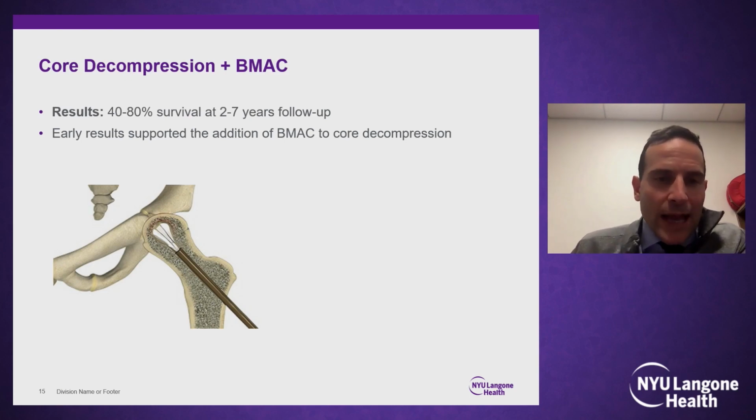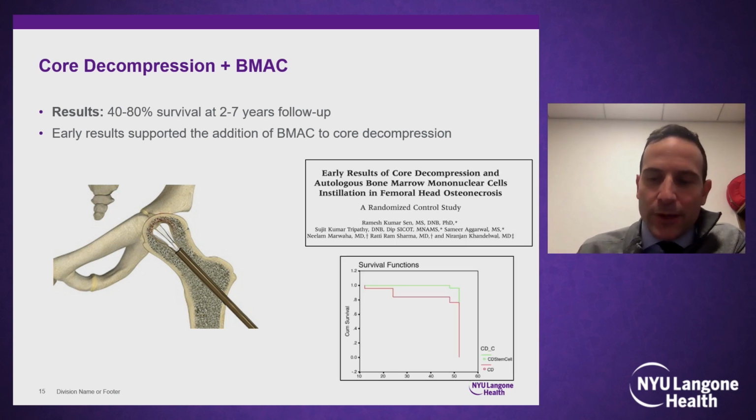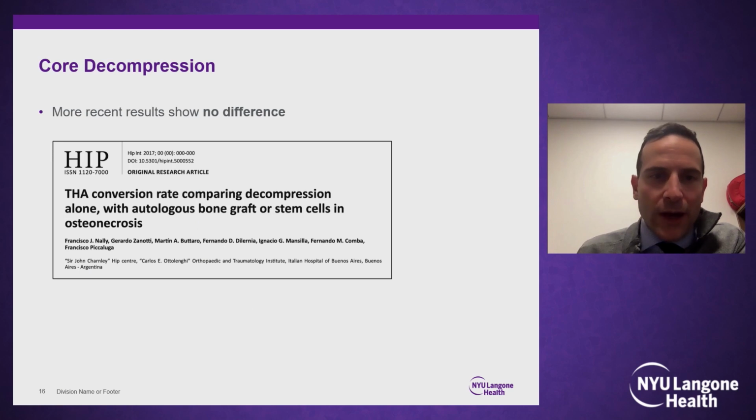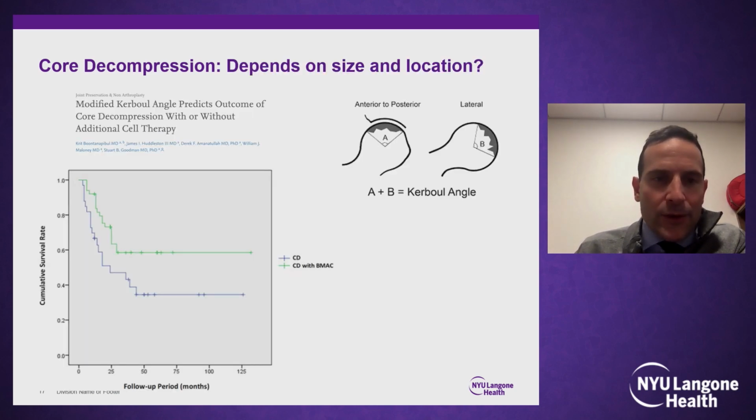Bone marrow aspirate has been attempted, and I think it makes a lot of intuitive sense. The results seem pretty similar, though we'll get into some cases where it may be superior. You may be seeing superior results with bone marrow aspirate. And here's just one example, one study that looked at bone marrow aspirate and improved survivorship at 2 to 7 years. More recent results seem to show not as much difference, but again,